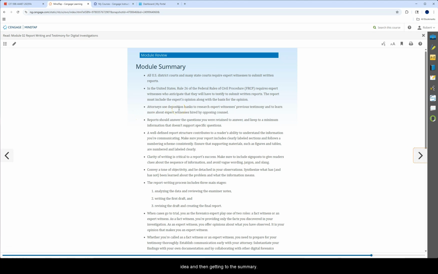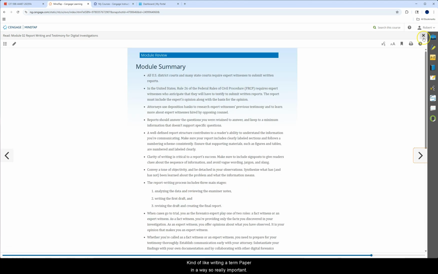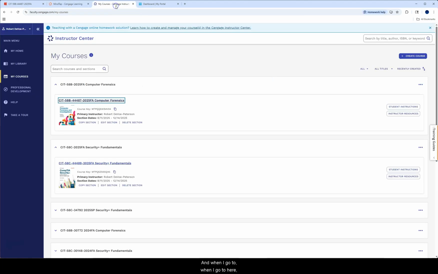And then getting to the summary, these are the takeaways from chapter 2 and analyzing data, writing the first draft, revising it, kind of like writing a term paper in a way. So really important. So that's chapter 2. Look at it, read it, and then do the live virtual lab. And when I go to